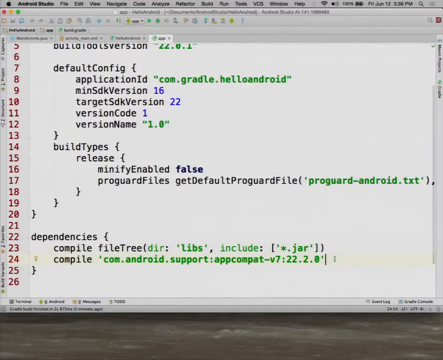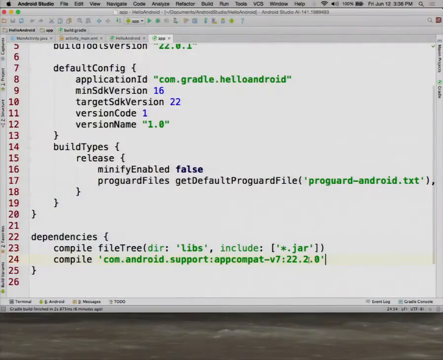Now here, they also have added in the support library for AppCompat v7. One thing for those of you who are not as familiar with Android: when they say v7 here, they don't mean version 7 of the AppCompat library. They mean this has compatibility classes that take you back to Android version 7. See, there's also an AppCompat for version 13, I believe. Right, and you don't use both, you use one or the other. And they don't just have compatibility classes, they have other classes that Google, for one reason or another, has decided not to include in the base SDK, but you may be interested in. So that's automatically including the AppCompat library here with the latest version.